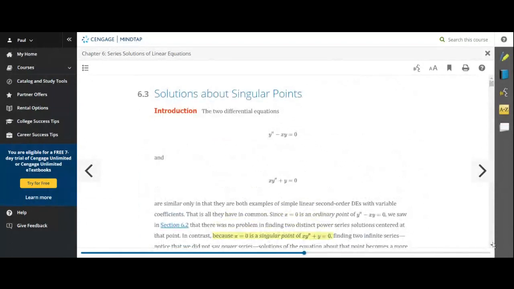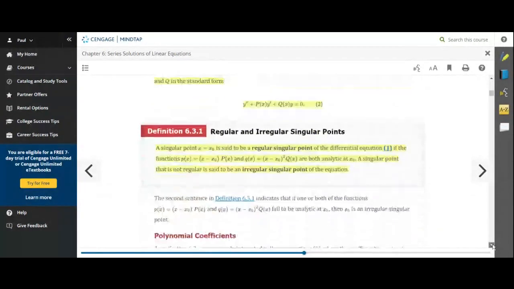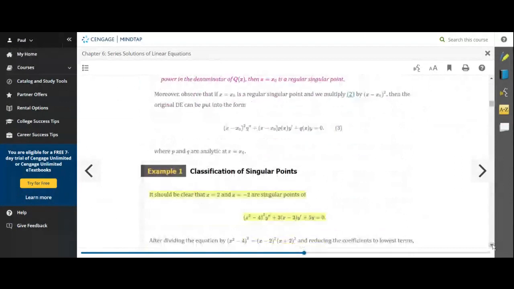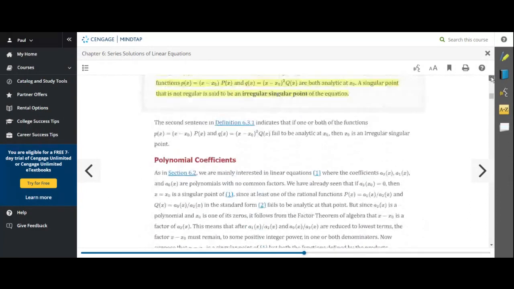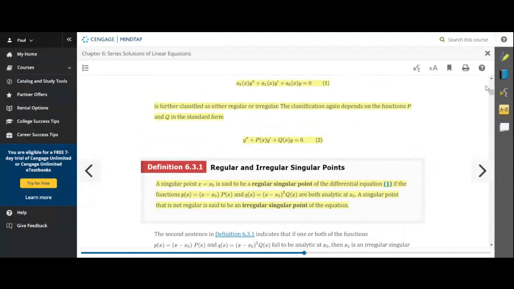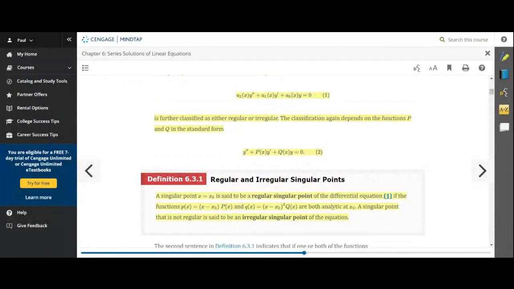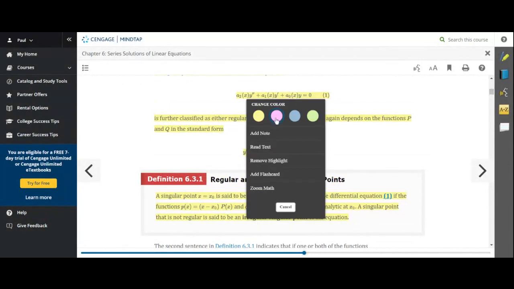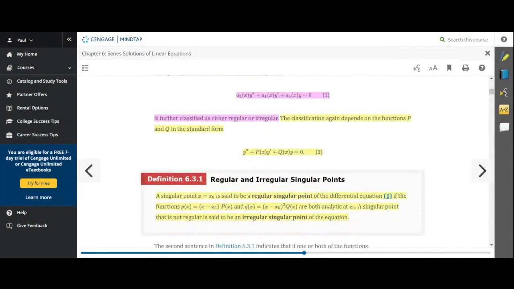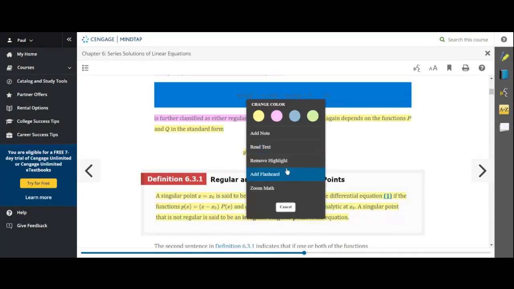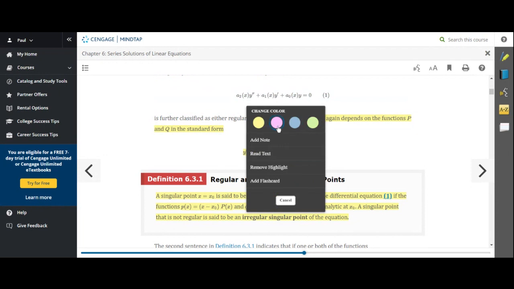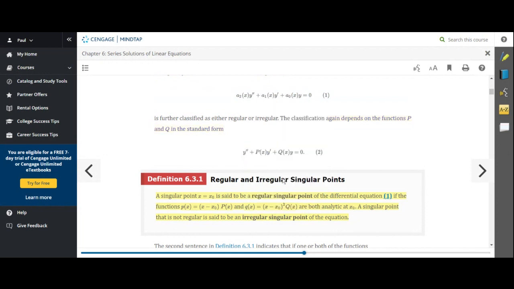Let me find it here. Sorry, hold on. Let me go up here. Right. So, hold on, let me cancel this. Sorry, class, let me remove the highlight here. Okay, so,